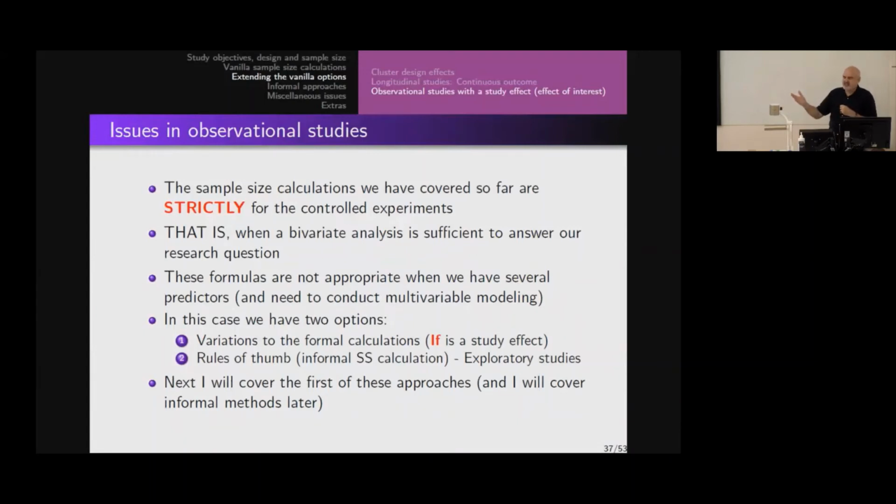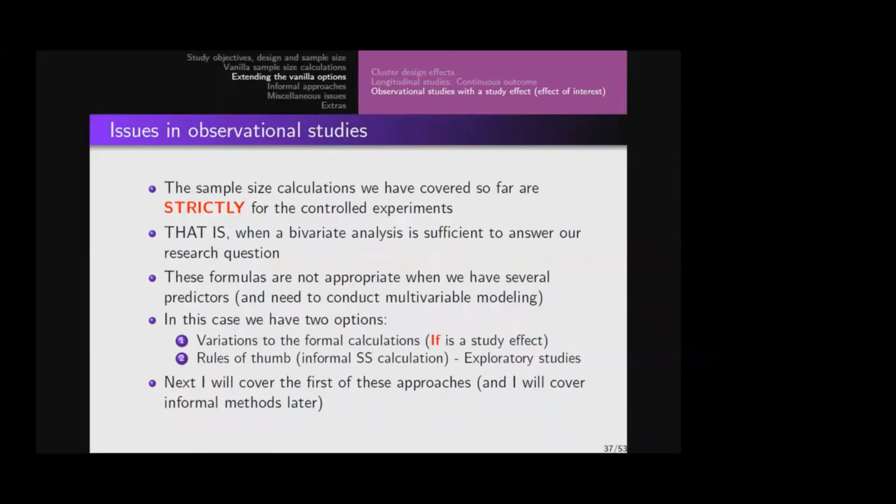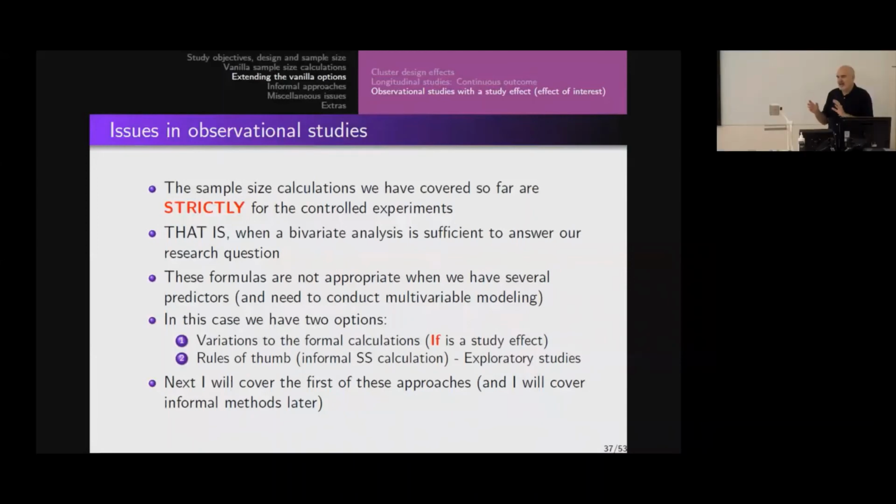A longitudinal study like the last one, that's not bivariate. But there's only 2 variables. There's treatment and time in the model. So it's strictly speaking not bivariate, but it's still tightly controlled. We don't have to worry about confounding and things like that. These formulas are not appropriate when we have several predictors and we need to conduct some sort of complex multivariable